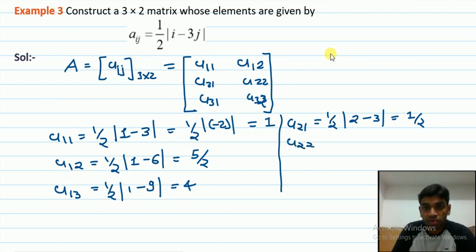Then A22, i equal to 2 and j equal to 2, so there is a 6. Again negative 4, positive 4 by 2, that is 2. I'm going somewhat bit fast, and this is A32, that is again 1 by 2, 3 minus